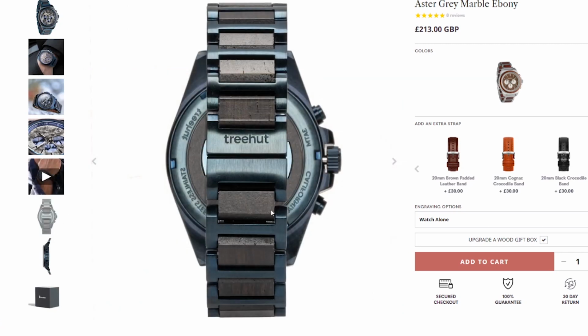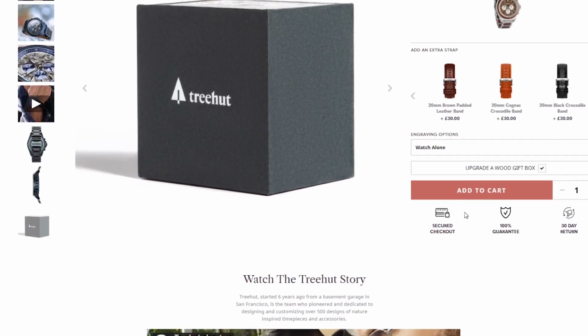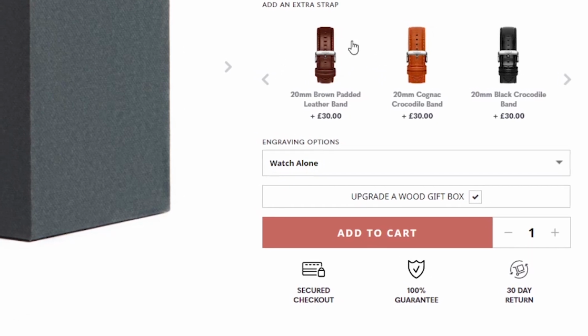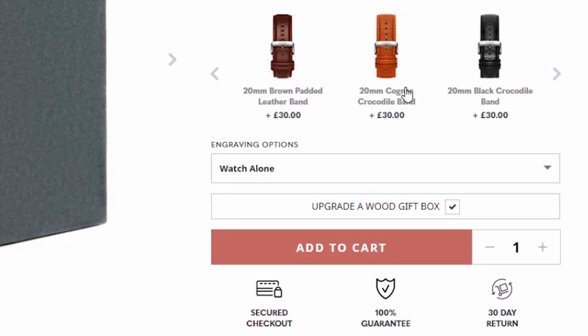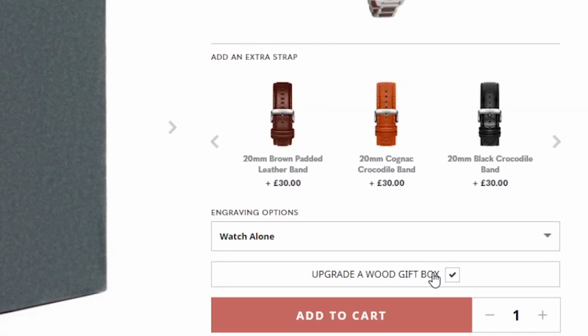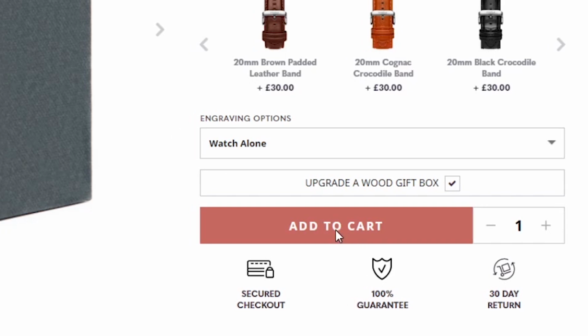You can also get your name or anything else engraved on the back instead of the Treehut logo, and also the box which it comes in. As you can see on the right hand side, the watch can come alone as well as with the engraving, as well as an extra strap similar to the MVMT watches which I reviewed previously. You can also upgrade to a wooden box, which I think would be a bit extra. And you also have a secure checkout, 100% guarantee, and a 30-day return if you do not like the watch. So if we add that to the cart,